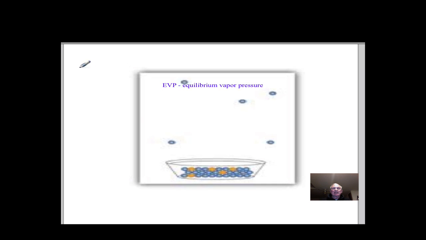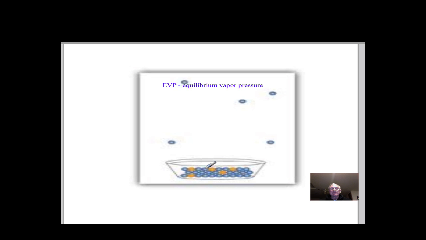Now, when a material, a solute, is dissolved within that liquid, this reduces the number of particles of the liquid that are at the surface. Consequently, this then slows down the rate of evaporation, and equilibrium will be reached with fewer particles in the vapor